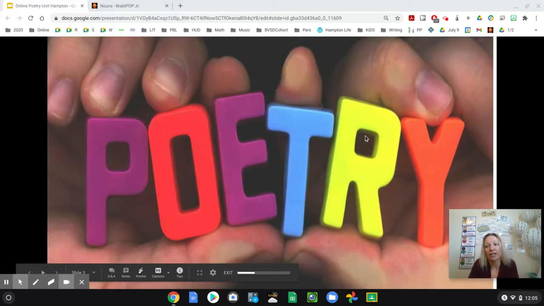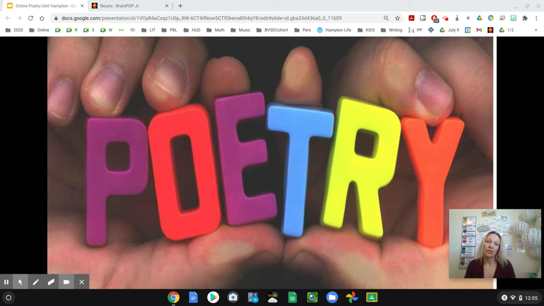I am super excited about our new writing unit, right? We're going to go pretty slow. Some days we'll do more writing, some days we'll do more parts of speech and grammar. So today, this is the blue writing folder that was sent home on your take-home package. If you don't have this with you, you can go ahead and pause this video and go grab it.